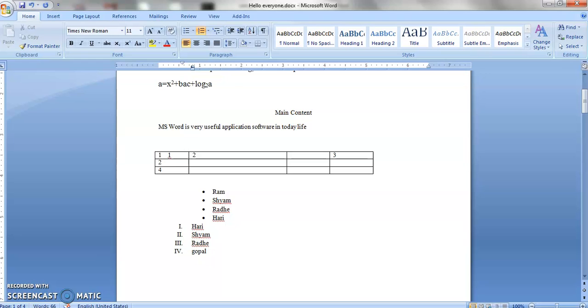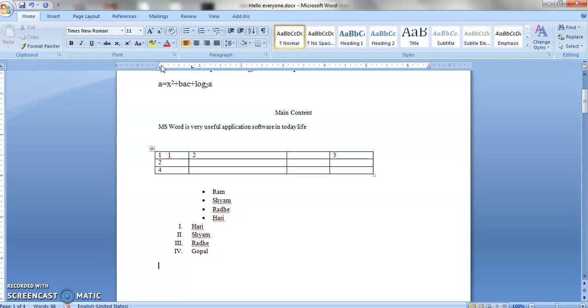So what do we have to do? We have to press enter twice. See, my cursor has come here. Where will my cursor come? At the place where the margin is placed. So you can see the margin, and at that point the cursor will come. That is the default position. So this is the way in which we can create a number list or bullet list in our document.